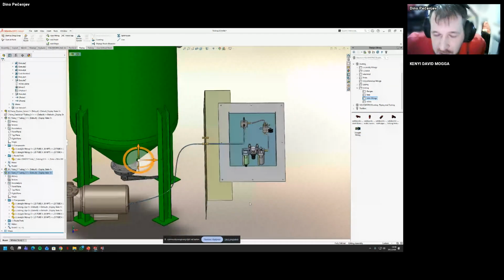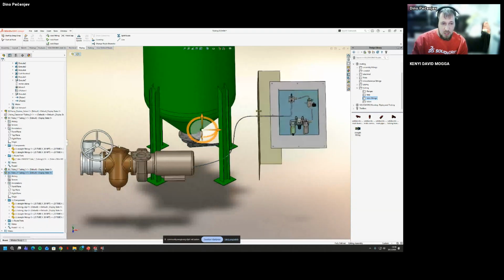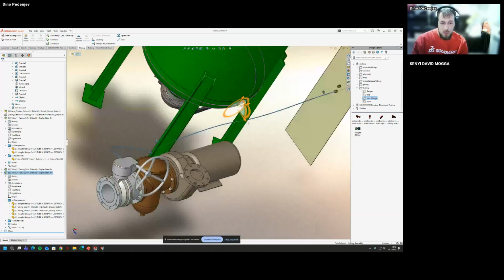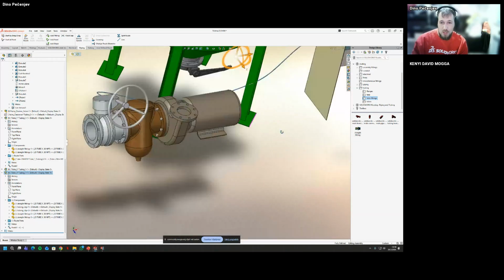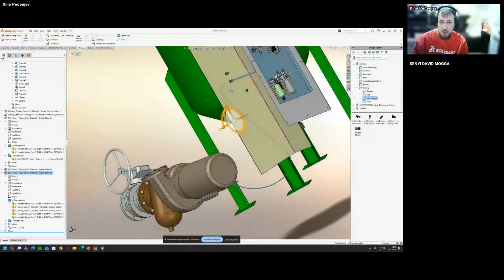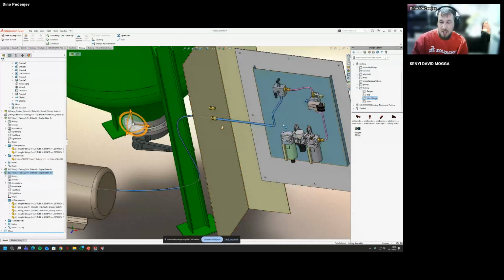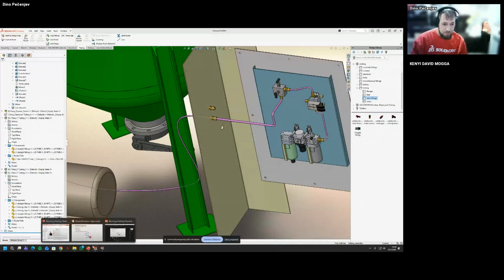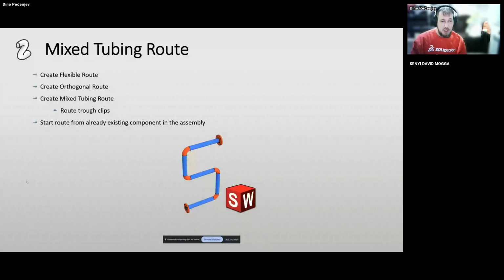So how this can be used later for utilizing the drawings, because I want, let's say, this hose with this fitting on one part of the drawing, one sheet, and this part, let's say, separated on a different one. We're going to touch that soon. So let's go back to the presentation.